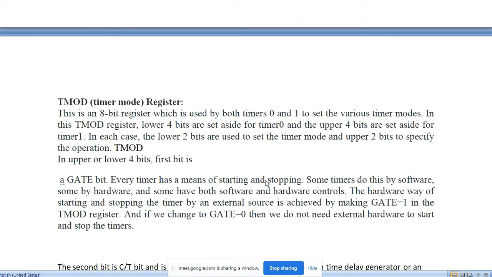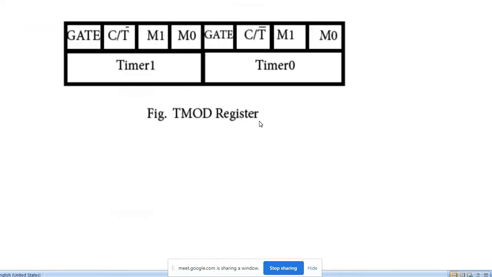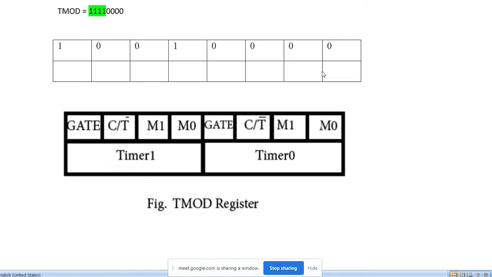Now, how do you assign the value to the TMOD register? The TMOD register is an 8-bit register. It has two parts, a timer 0 part and a timer 1 part. The combinations are the same: GATE, C/T bar, M1 and M0. The GATE value